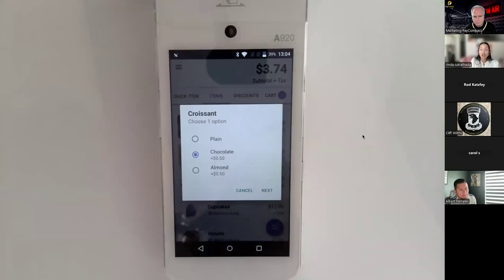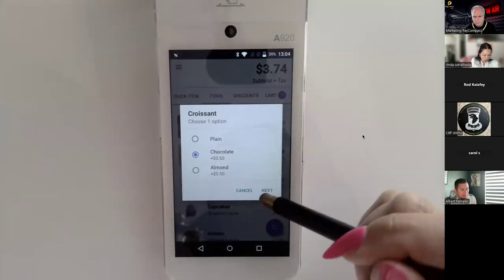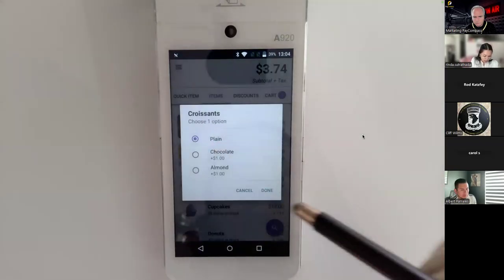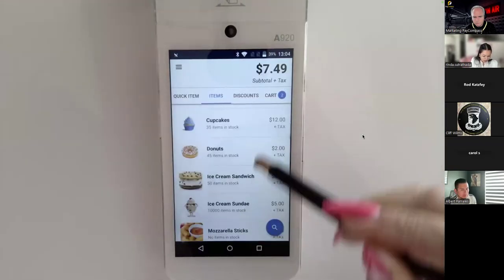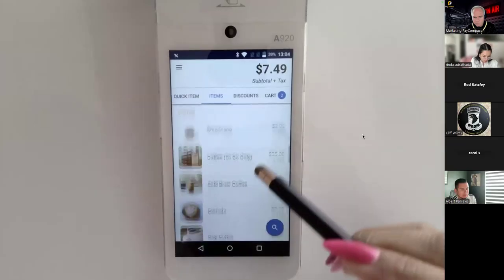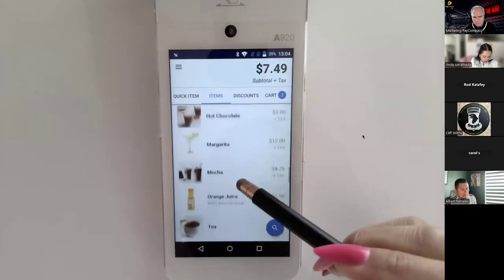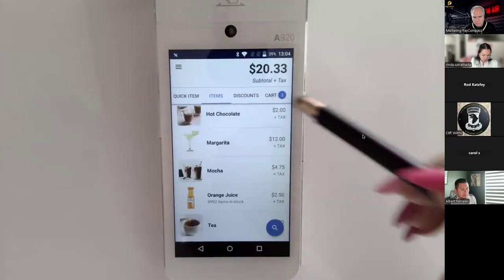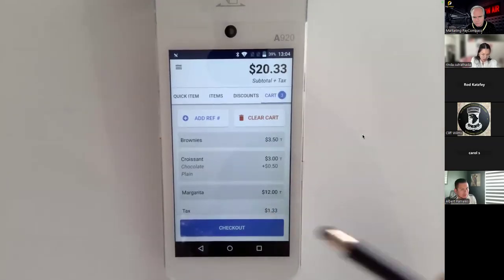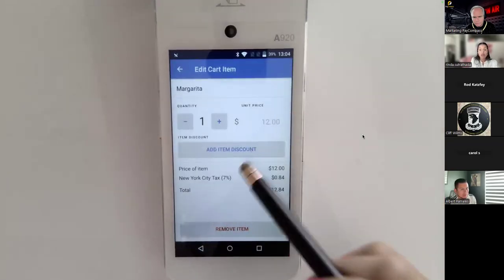Or maybe if we want to charge, if they want something extra, like the chocolate croissant, that's an option too. And I'll have to fix this one for myself later. But let's see. You can also do coffee. And I'm specifically looking for this margarita, mostly just because I want to show you in terms of